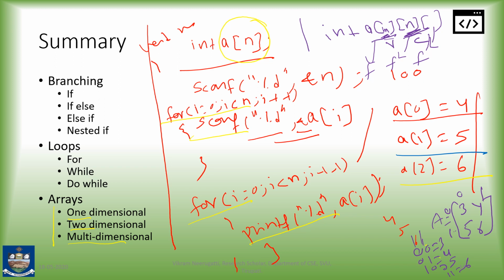Once again I am summarizing. Branching helps with the help of conditions and relational operators. We may have different statements like if, if else, else if and nested if. If checks only one condition, the true part. If else has one condition, true and false parts. Else if has two or more conditions, both true and false. Nested if means within these three, any one more should be there. That is a nested if. These are branching statements, two-way conditional, multi-way, like that.